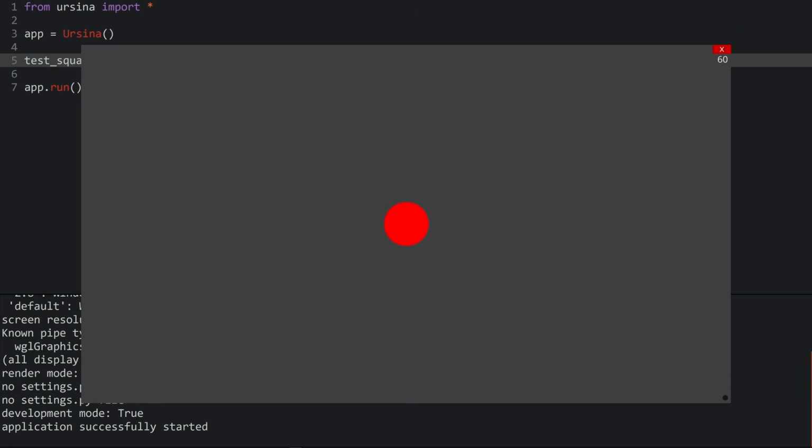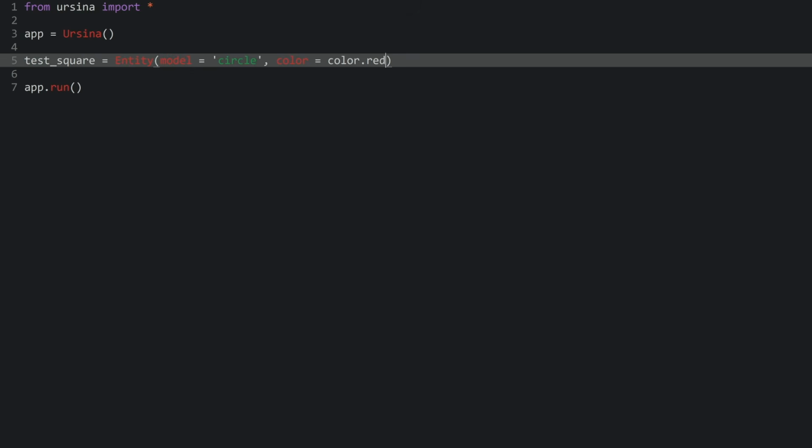So let me run the code. And we can see a red circle right in the middle of our screen. So this one's working really well. What you can do now is change this circle to something else. For example, if you want a square, you would need the quad keyword. And if I run the code now,